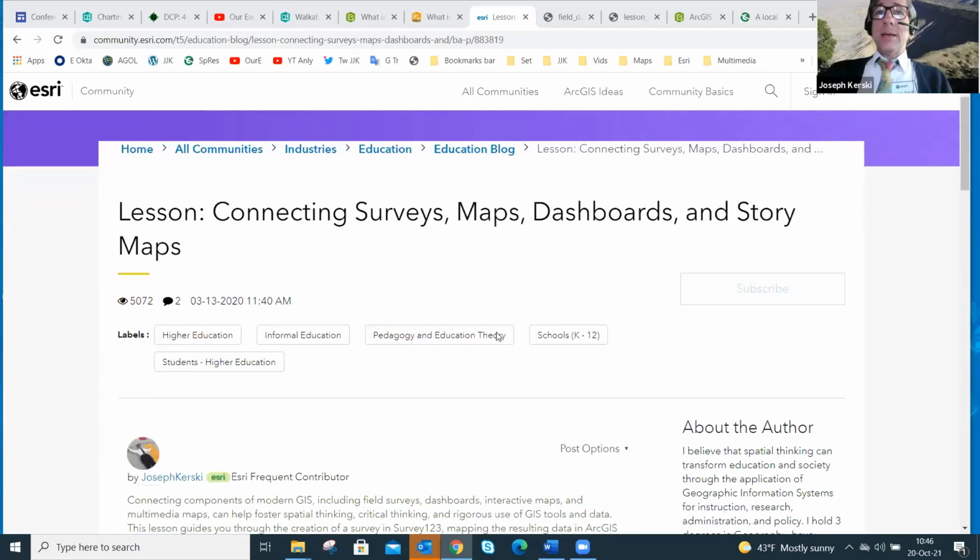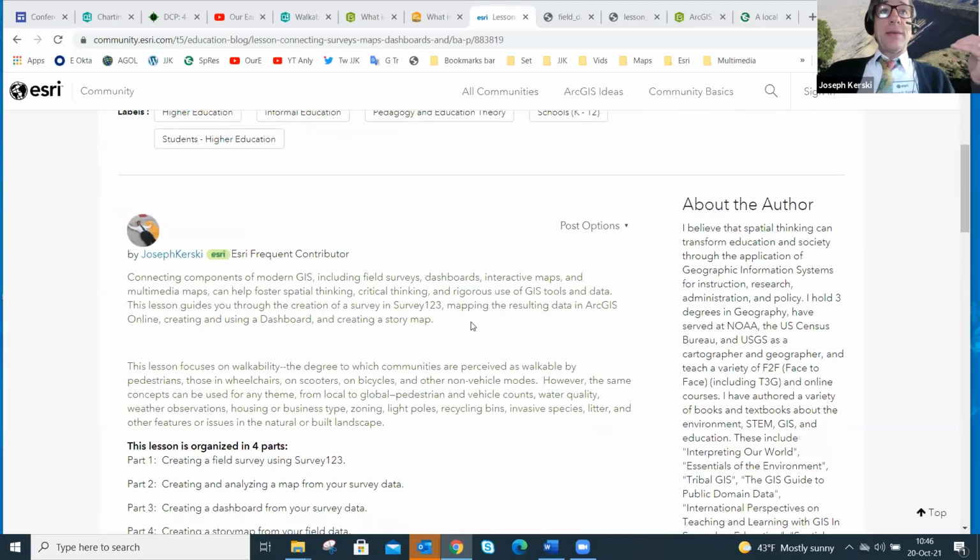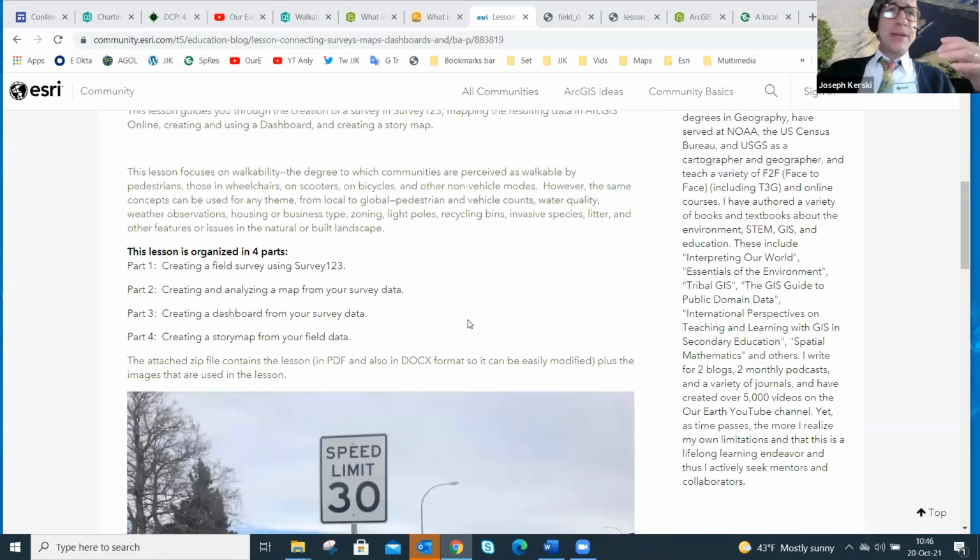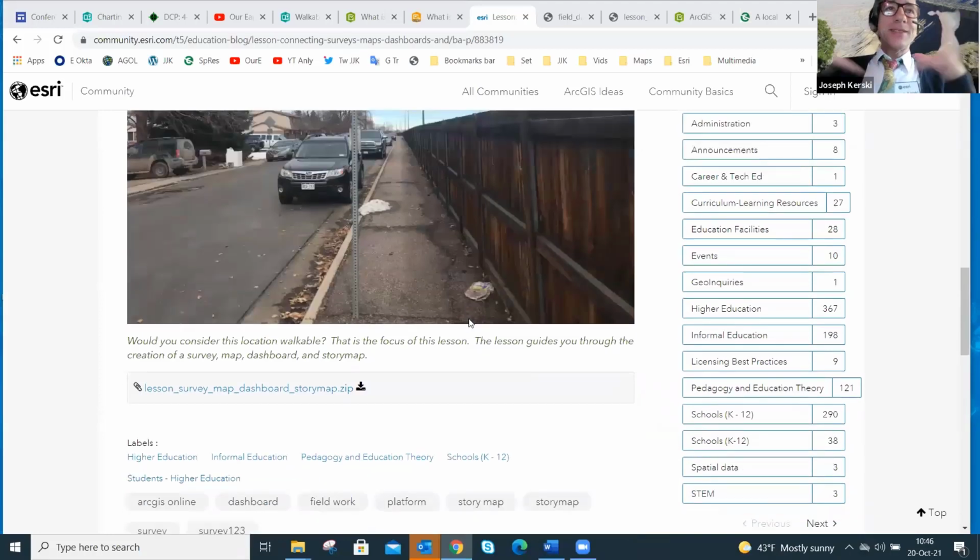Thanks, Curtis. Yeah, in this particular case, I've got the essay about why I did it and how I did it, but because I wanted to give people exactly all the tools they would need, I actually have, this sounds a bit old school, a zip file. That way, whatever situation they're in, they can get the zip file and all the components: the images, and the text they can copy and paste into the story map and the dashboard, etc. They have everything they'll need at their fingertips.